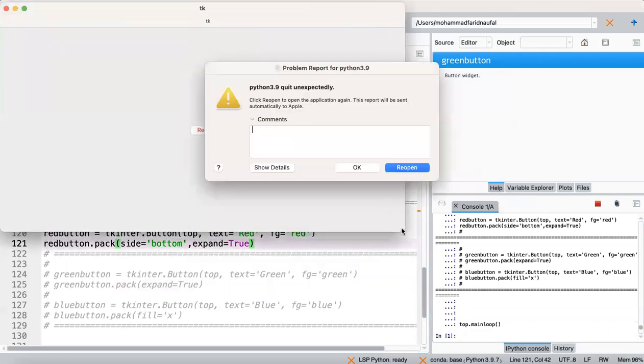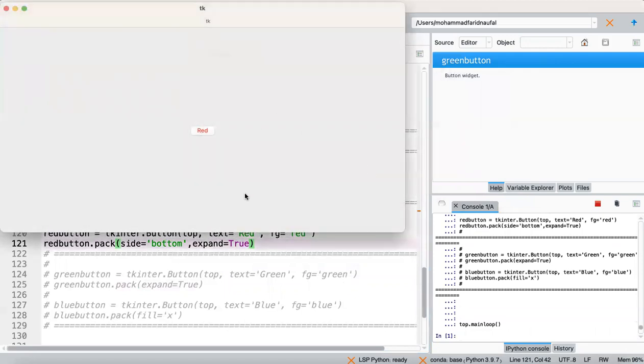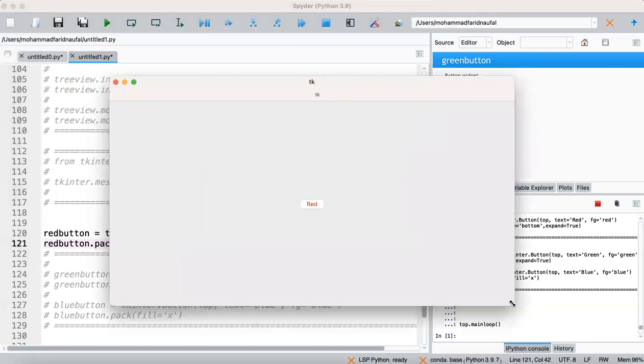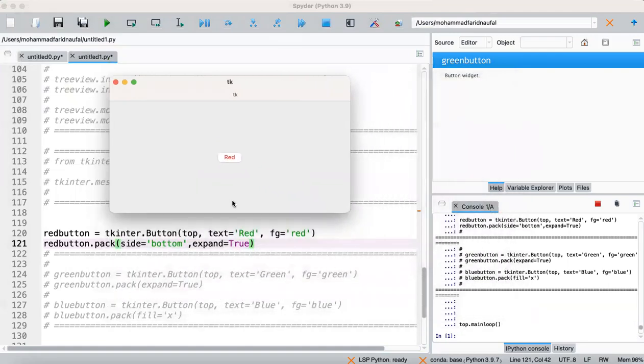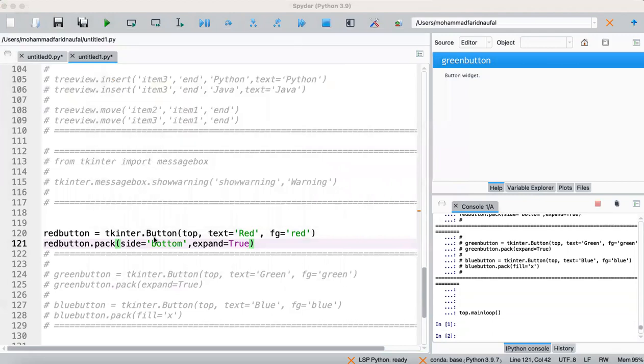Actually, if we use expand equal true, Kathleen, it will be placed in the center of our GUI form. Side equal bottom, expand equal true, it will still be in the center of our GUI form.